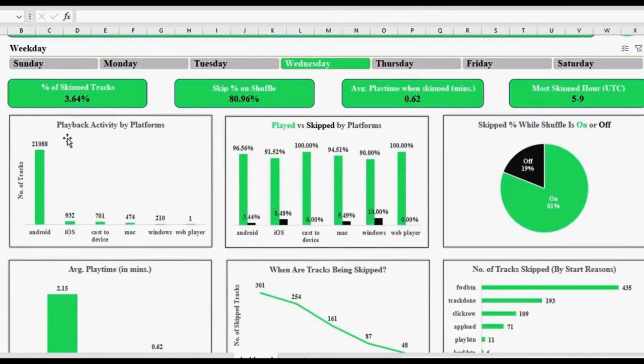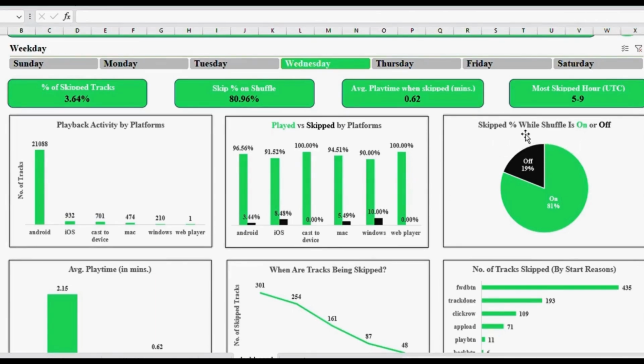I can see the playback activity by platforms chart. Here, it is very clear that Android completely dominates, while other devices like iOS, custom device, Mac, Windows, and web player contribute only a small part. Next, the played versus skipped by platforms chart shows at what percentage songs were played fully versus skipped.